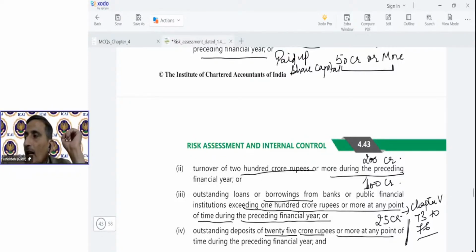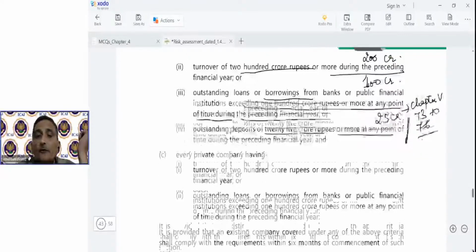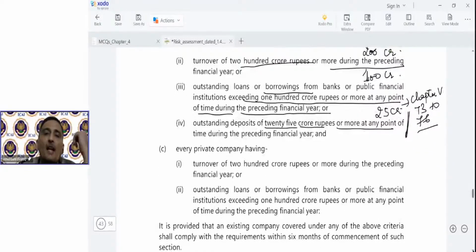So we are talking about unlisted public companies. The listed companies are done, the unlisted public companies are done. Now private companies also. In certain classes of private companies, appointment of an internal auditor is also mandatory. Certain classes of private companies are also mandatorily required to appoint an internal auditor. So what are those conditions? These conditions are,